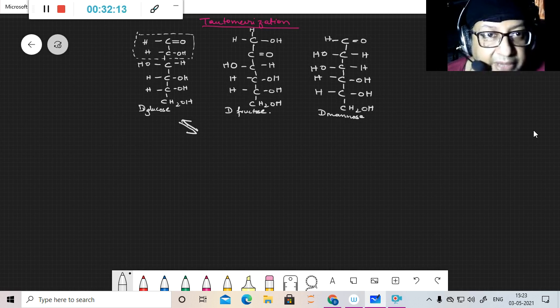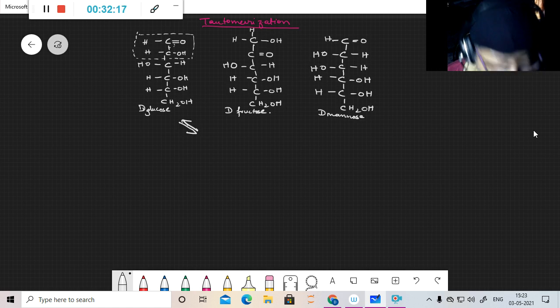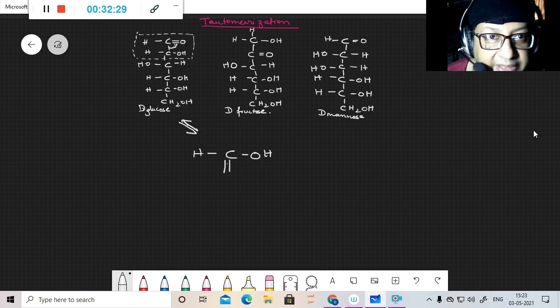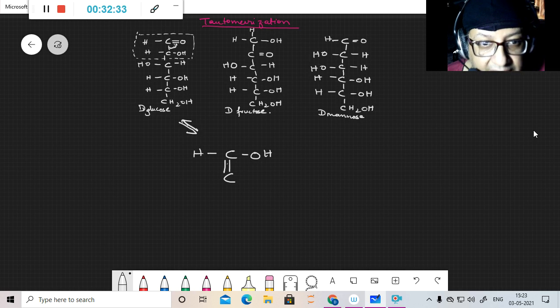This double bond migrates over here, and an intermediate known as COH, this double bond here, it migrates over here. A resonance takes place, and